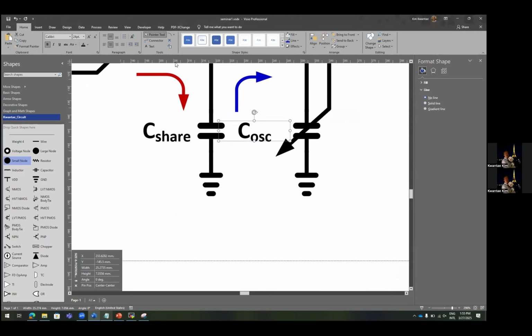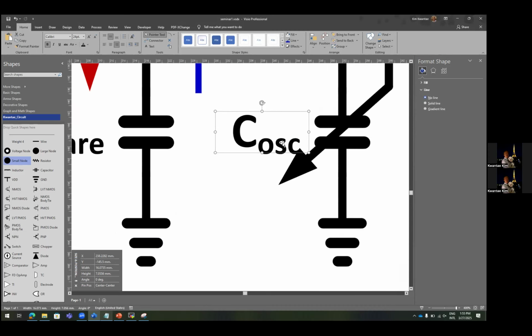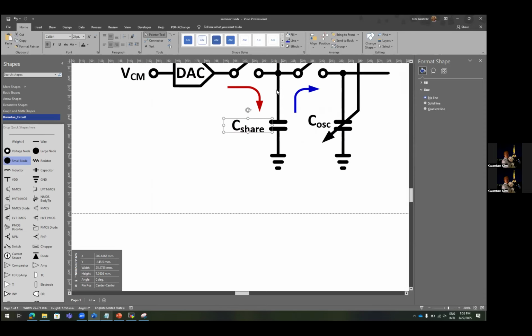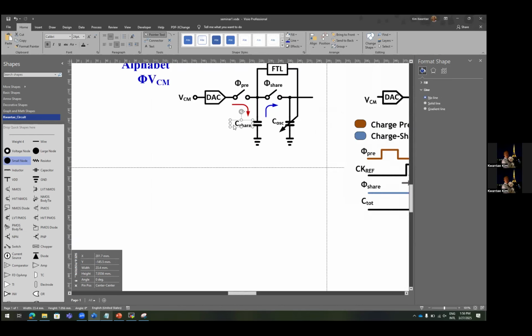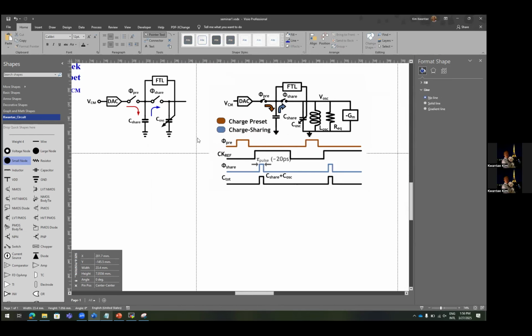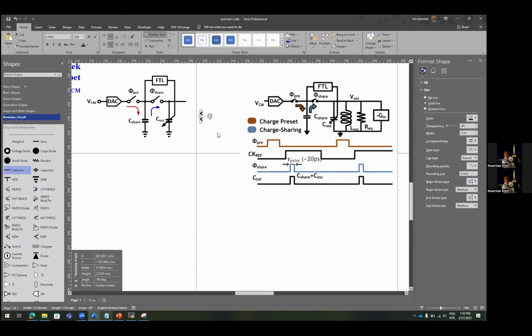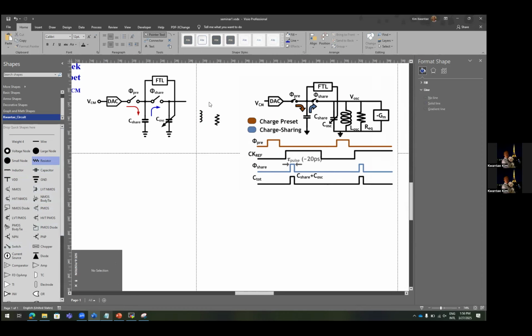OSC. Okay, so I guess we made until this part. For the other parts, you can make it a similar way. Like for inductor, we have it. And for resistor, we also have it. And for small GM box,